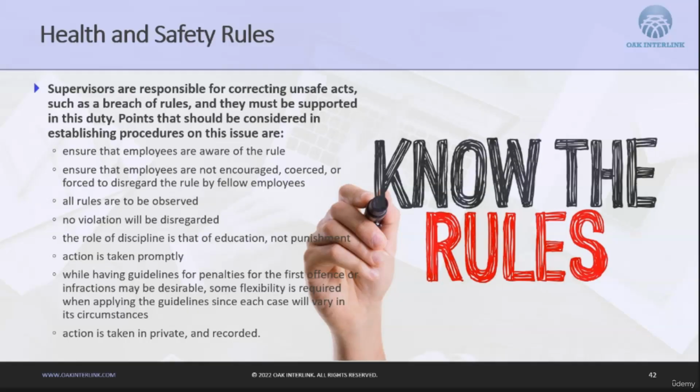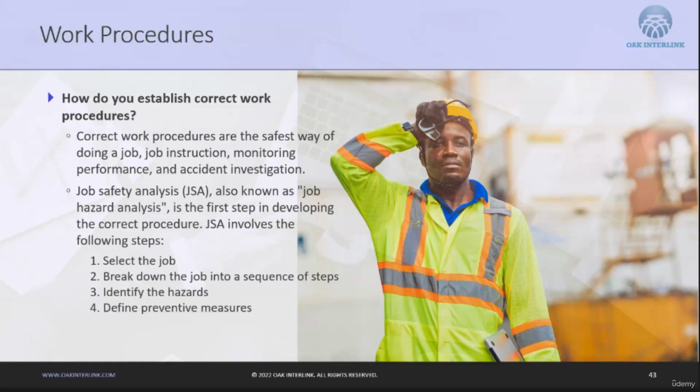So there has to be some emotional intelligence applied by supervisors when enforcing rules and when meting out disciplinary action. Action, in terms of disciplinary action, should be taken in private and recorded. Closely related to rules and regulations in the workplace is work procedures. Now, work procedures are the safest ways of doing a job